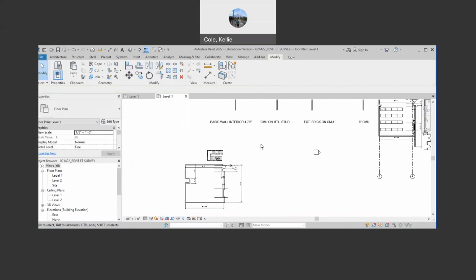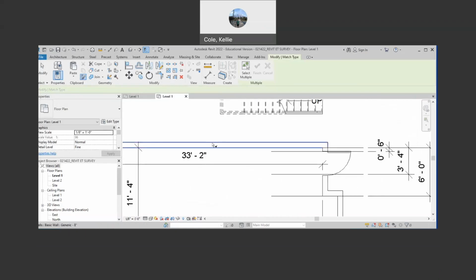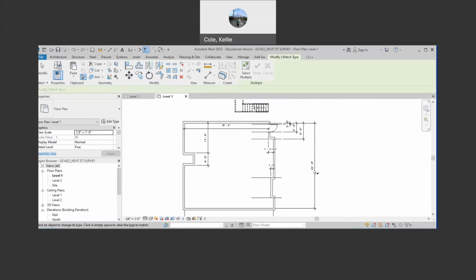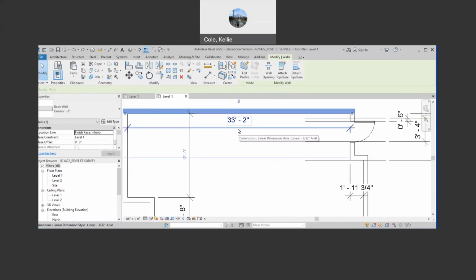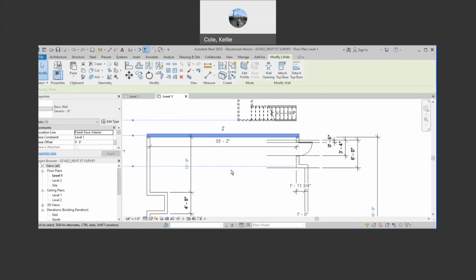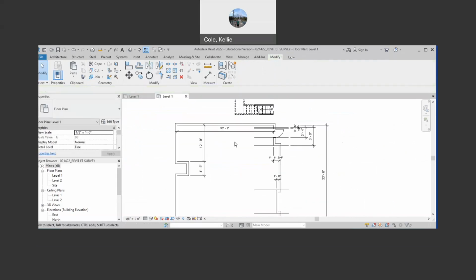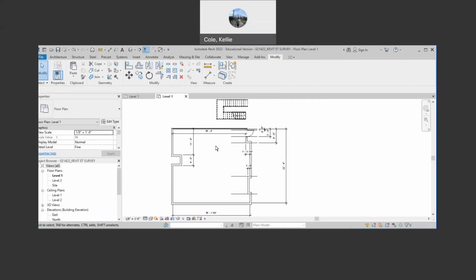All right. So let's use MA match. You're going to touch the wall that we want everything to be, that interior wall, and then hover our cursor. It moves my 32-foot 4 dimension out, and that's the wrong way. So to prevent that from happening, I just have to make sure the arrows on my wall are on the outside. So I'm going to match